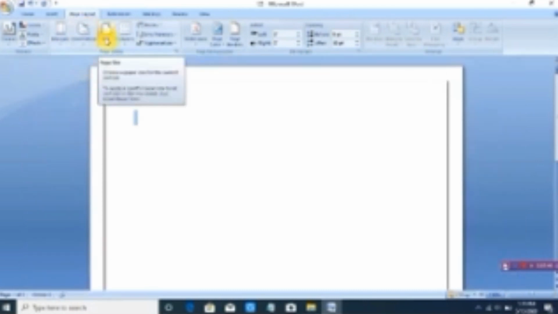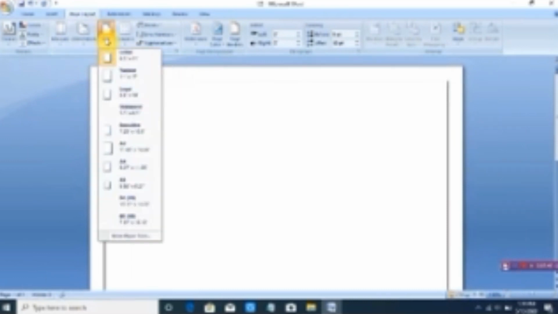Now come to the size. Again, you can see here different sizes are given: letter, tabloid, legal, statement, executive, A3, A4, A5, B4, B5. Okay, most of the time we create a document on A4 sheet paper. So we will click over it.